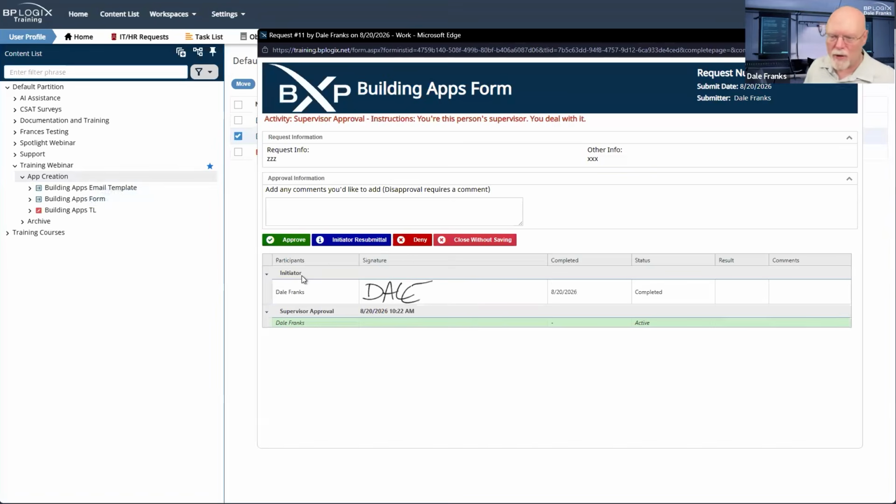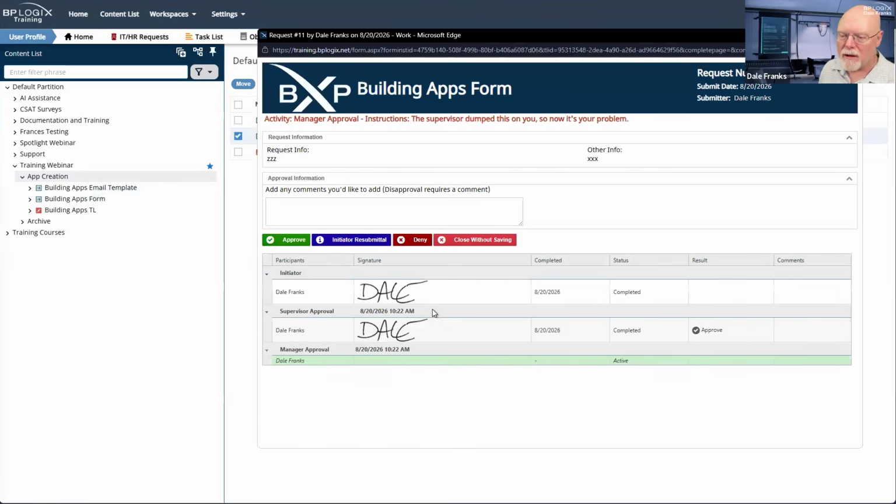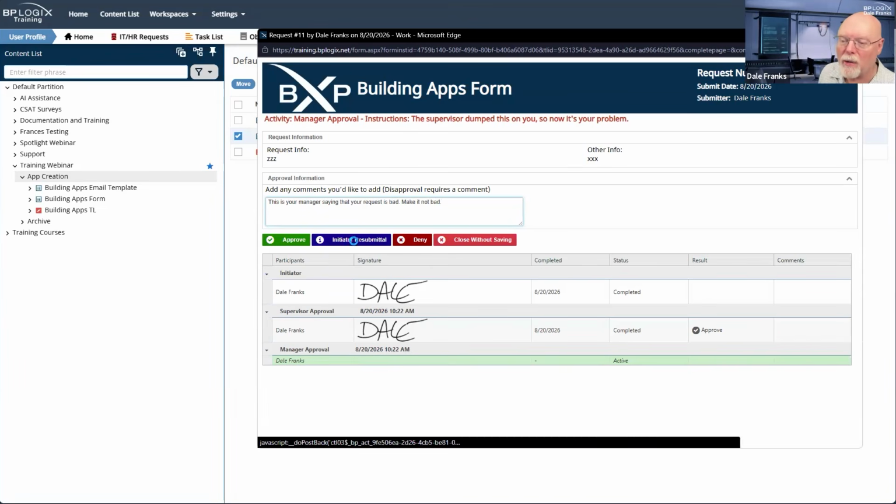Then we're going to do an initiator resubmittal and complete that resubmittal and then resubmit. So I am now in manager approval. So I'm going to go ahead and place this is your manager saying that your request is bad. Make it not bad. All right. And I'm going to hit initiator resubmittal.